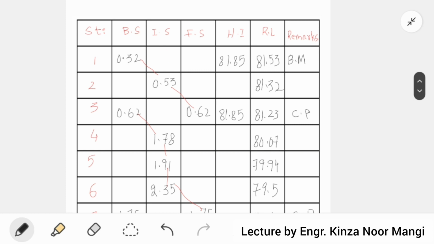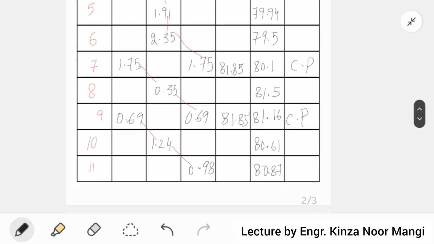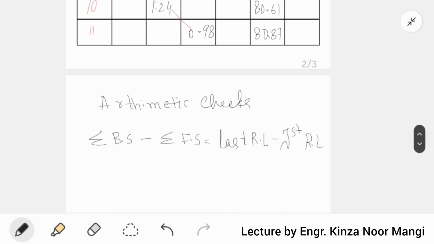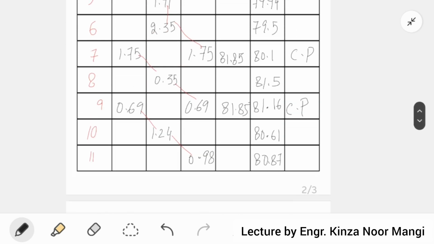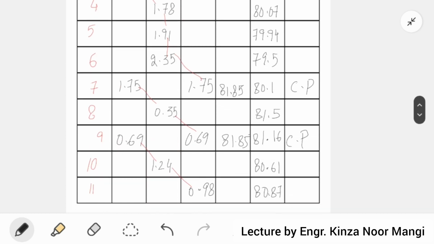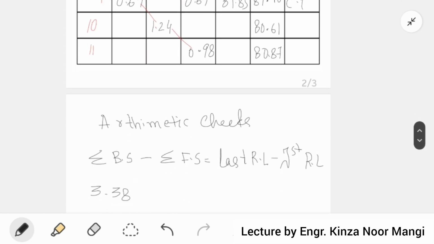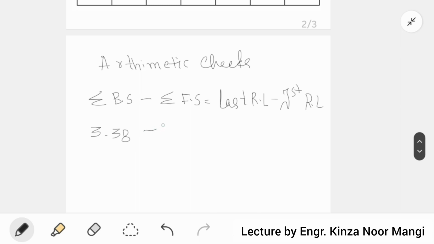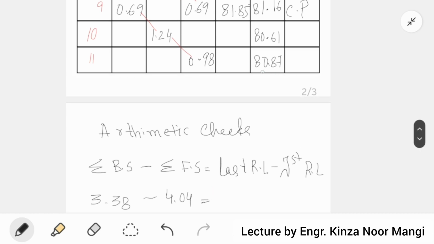So we will add all the backside values that are 0.32, 0.62, 1.75, 0.69, which will give us 3.38. Same for the foreside, we add all the values 0.62, 1.75, 0.69, 0.98, and we get the value 4.04. And the last reduced level is